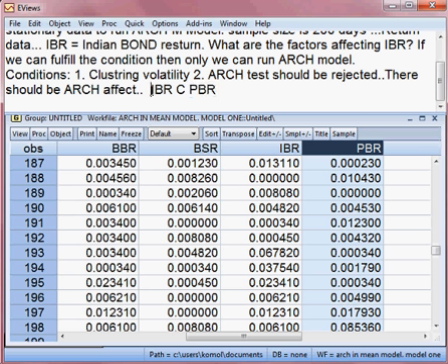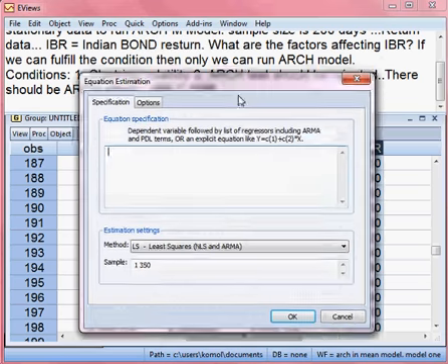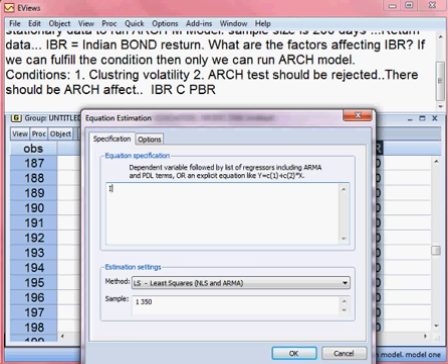Okay, so what I do, I run this regression model. So how to run the model? I go to Quick, then Estimate Equation. So I put first IBR, that is the dependent variable, then C constant, then I put PBR, Pakistan bond return, and here the sample size that I want to take is